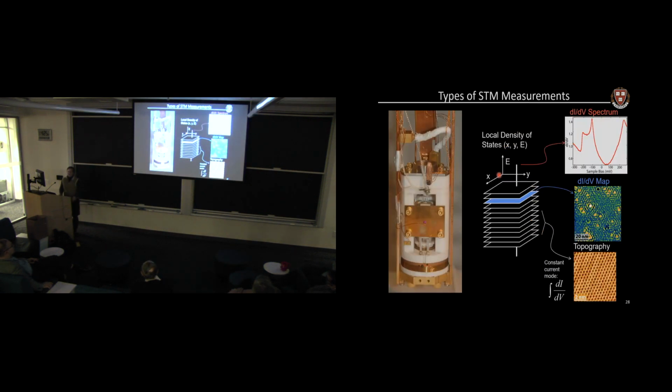So we can use this STM in a couple of different measurement modes. We can scan the tip with respect to the sample, so we get XY resolution on the surface of the sample. And then we can also change the voltage between the tip and the sample, which gives us sort of an energy axis. So at the end of the day, we're generating a 3-dimensional data set here, where we have 2 spatial dimensions and 1 energy dimension that comes from changing the voltage between the tip and the sample. And we can look at that data in a couple of different ways.